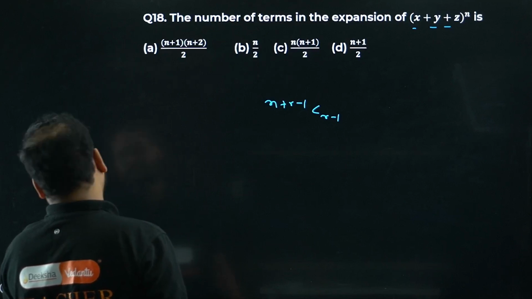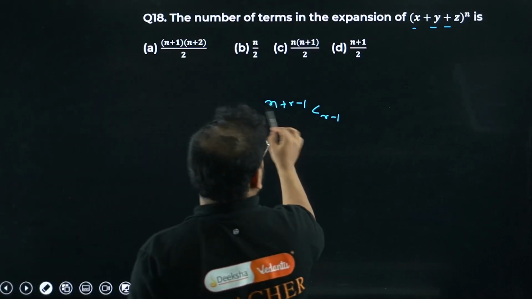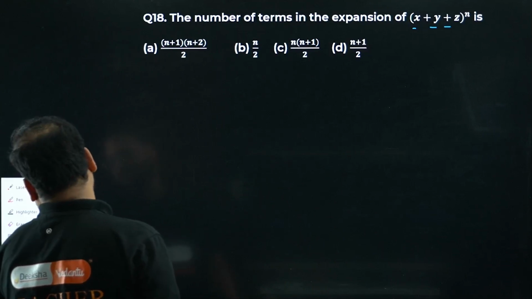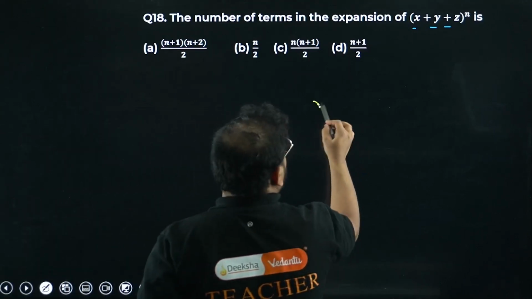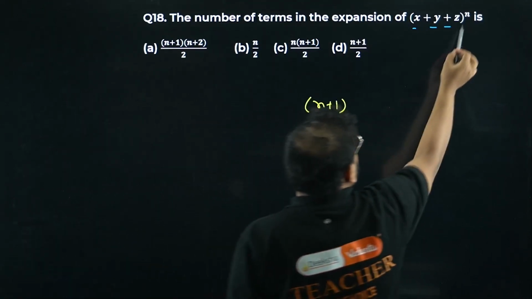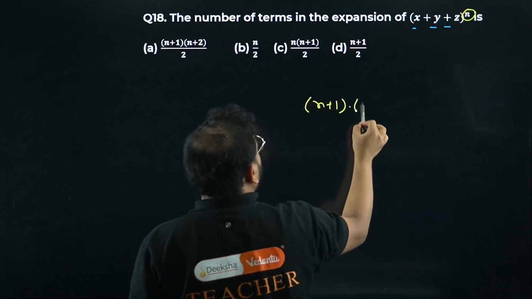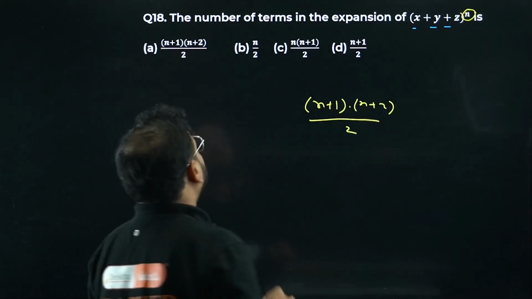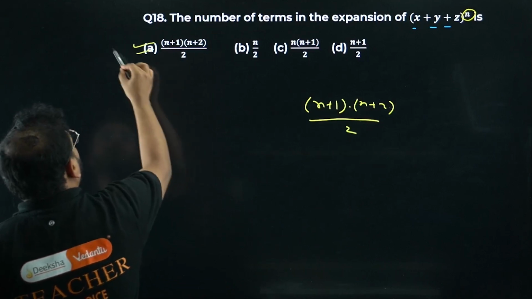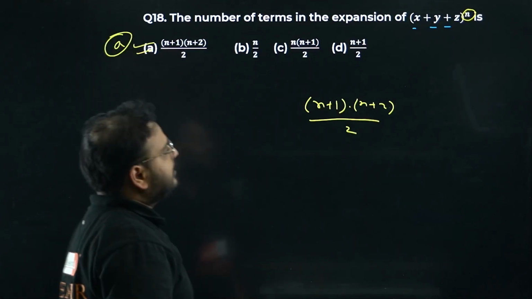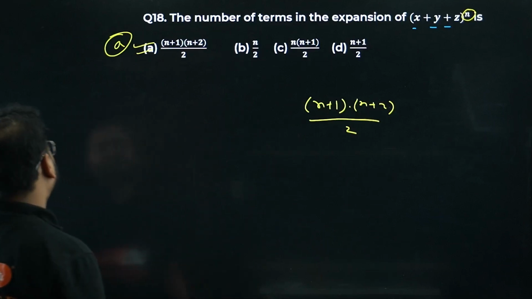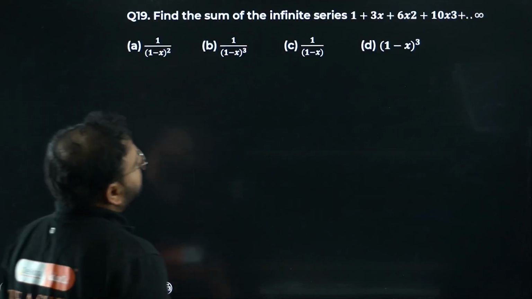No, this is not right, sir. Not this one. It's a different property. Number of terms in expansion. Okay, this one. Alright, we have to use this property, right? n plus 1 times n plus 2 by 2, right? Yeah, in this case it directly holds. Good for option A. This n can be anything. In this we have n as n, so answer will be option A. Okay. Question number 19 now.